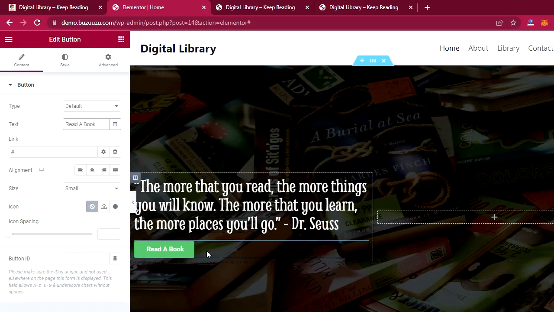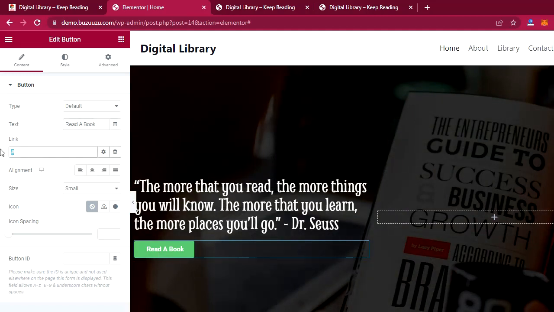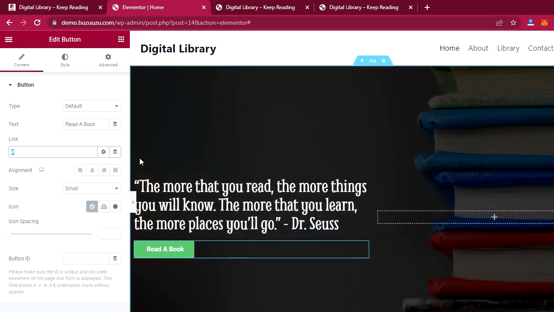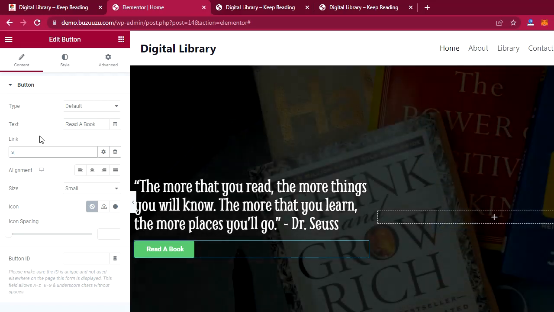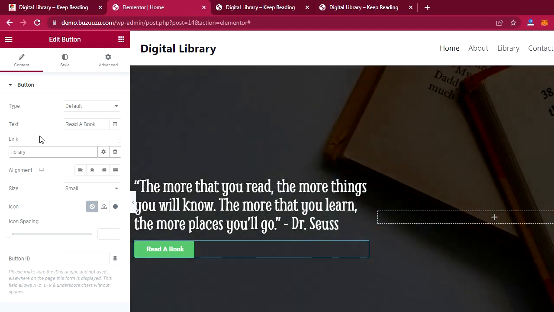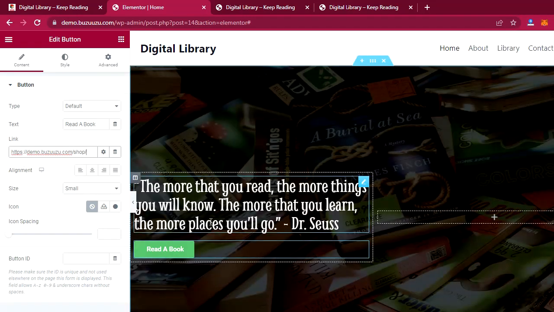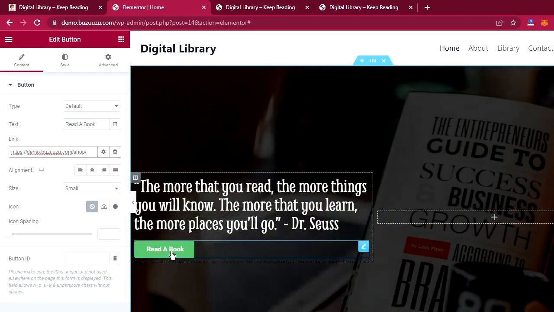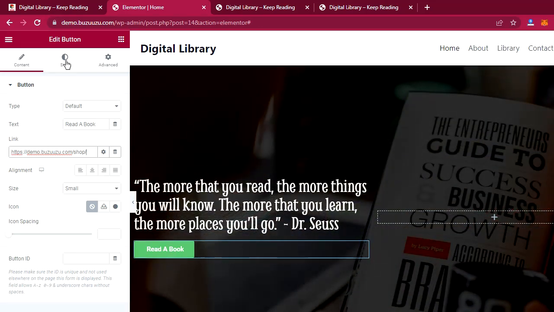Now we have to style it. With the read a book button, I'm going to send it to the library page over here. So I'm going to say, let's say, shop, and then see if the shop will open. If the shop doesn't open, then I'm going to write library, and I'm sure I'm going to get this library page over here, which is this one. Now that I have this page, I have linked it to this button. So I'm going to go to style over here,